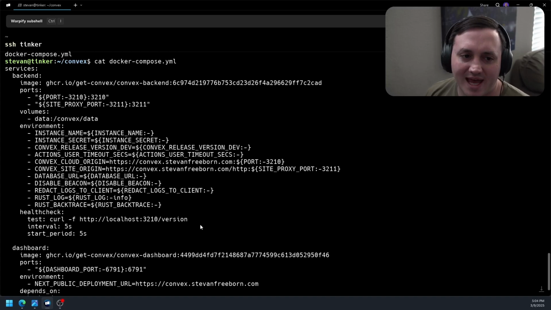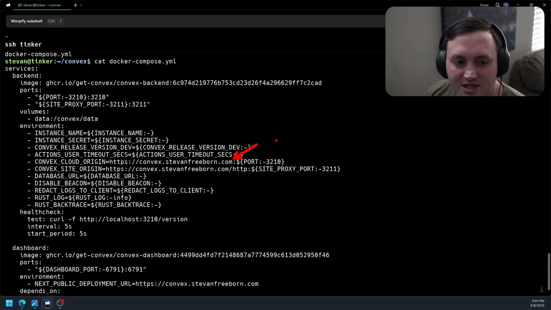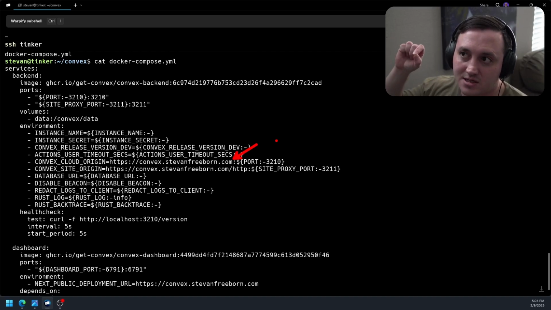And this is probably outdated now. They've probably released some newer versions that I need to update the images. But at this point, all I had to do was swap out 3 environment variables. The first one was the Convex Cloud Origin. So this environment variable basically maps to the port that is going to talk to